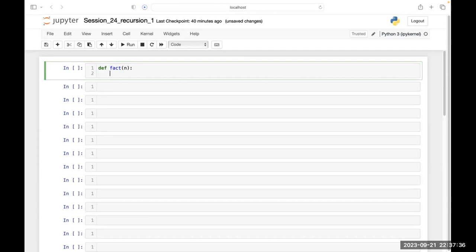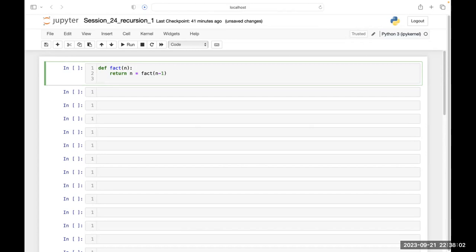And to calculate the factorial of n, what do you need? Return n into factorial n minus 1. Is this the same thing that I have discussed right now?